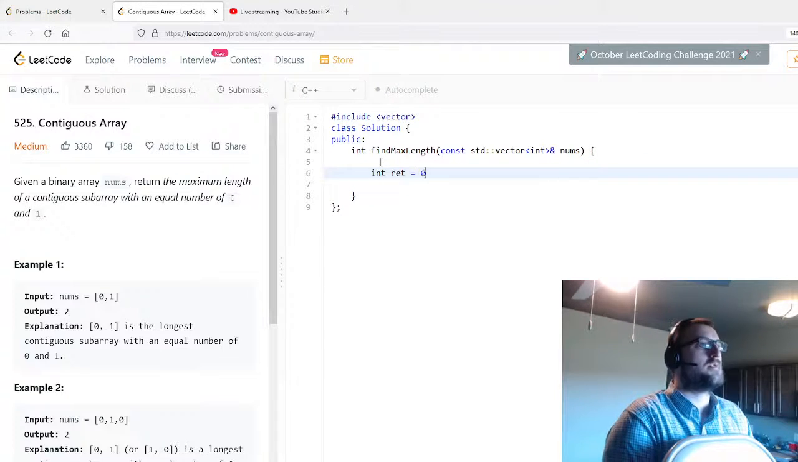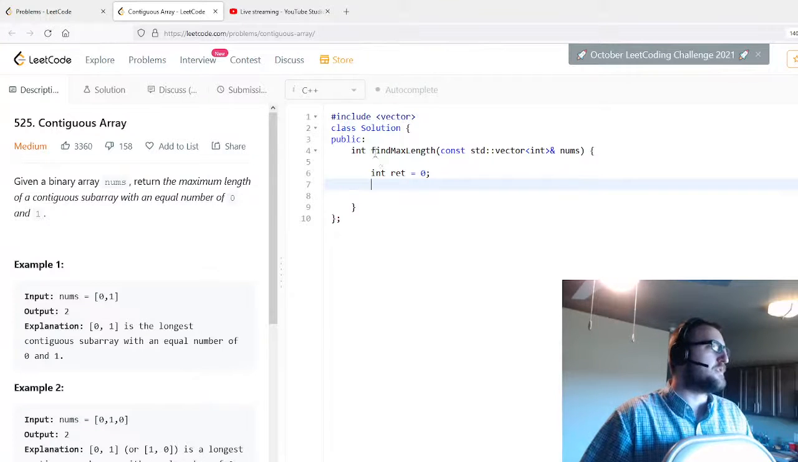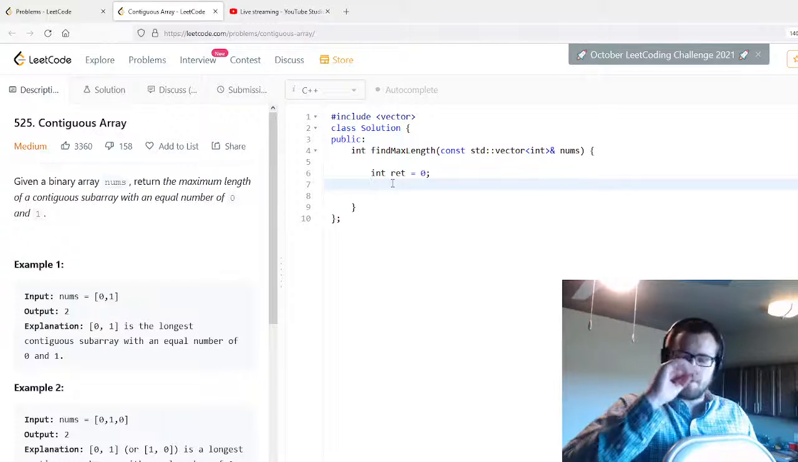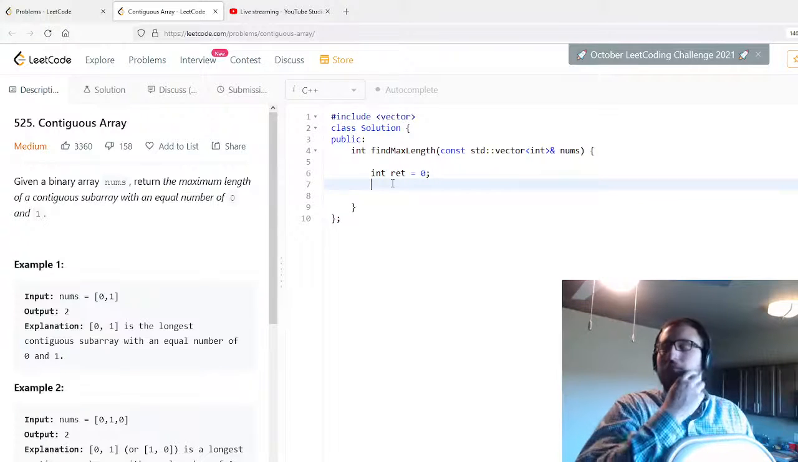So int ret = 0. I guess 0 is if you don't have any of these values. So we want now, one question is, you can't have an equal number of zeros and ones. It's got to be at least size 2. So